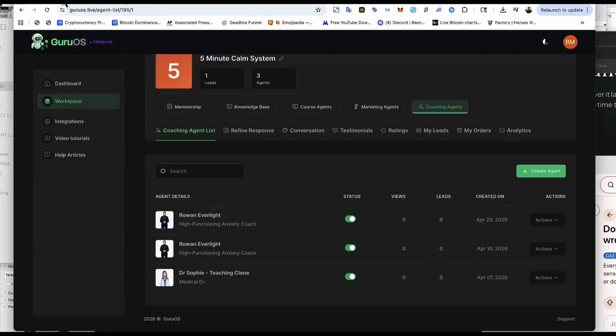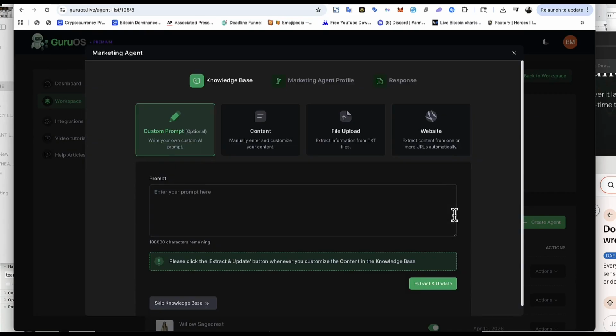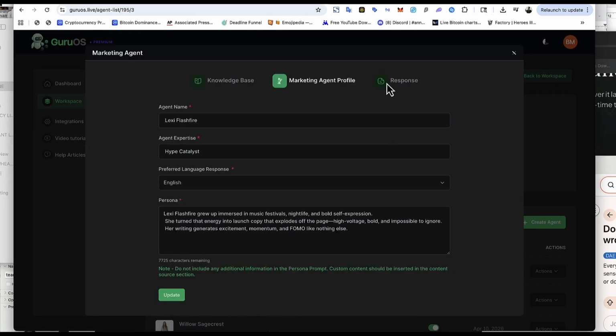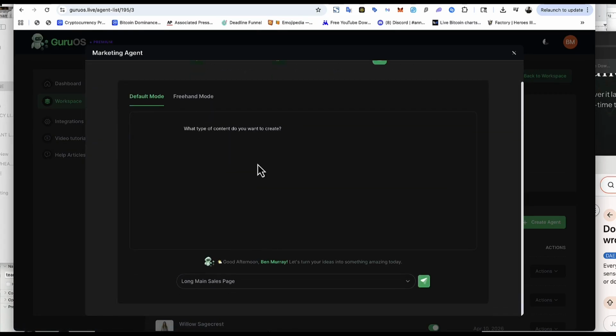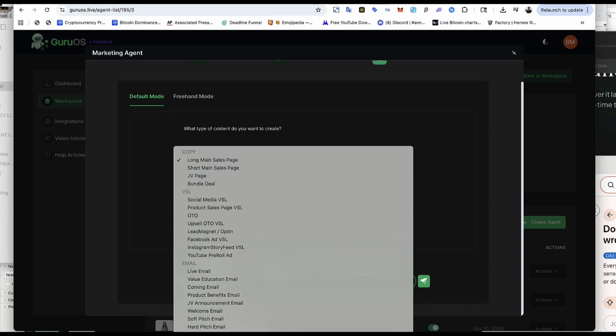And then to get the traffic to it even further, we can use marketing agents to build more than just the sales page copy. So we can create a new agent or use an agent we've already created. And we can interact with this marketing agent in two ways. Now we have the easy mode that we've been using, where we're going to just tell it, hey, okay, so